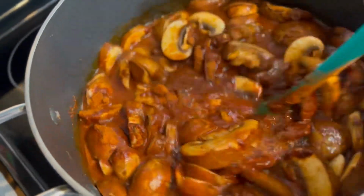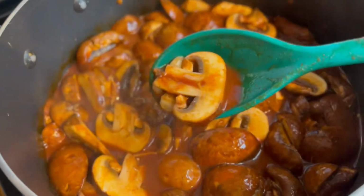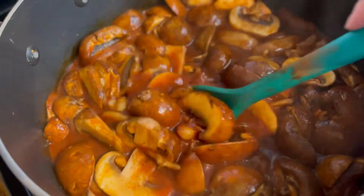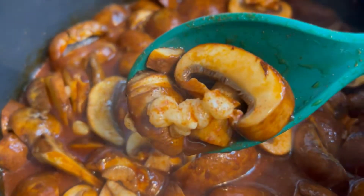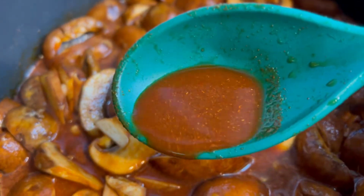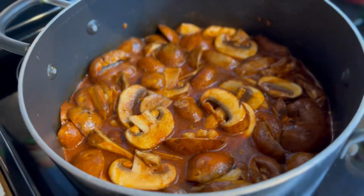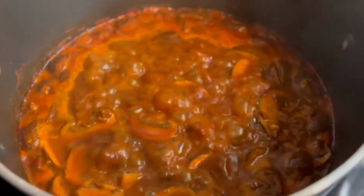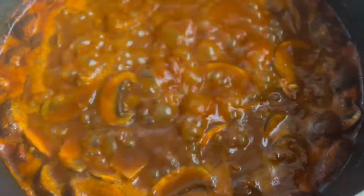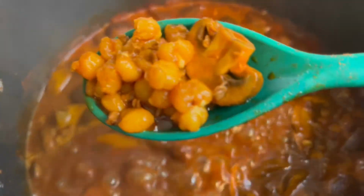Just pour them, stir them in, and look at how beautiful this broth is, y'all. It is the most beautiful red. And you'll see the mushrooms and the hominy kernels still kind of white. The broth is a little bit grainy, but that's going to change after we boil it for about 20 minutes. The mushrooms and the hominy are going to absorb a lot of that red broth,